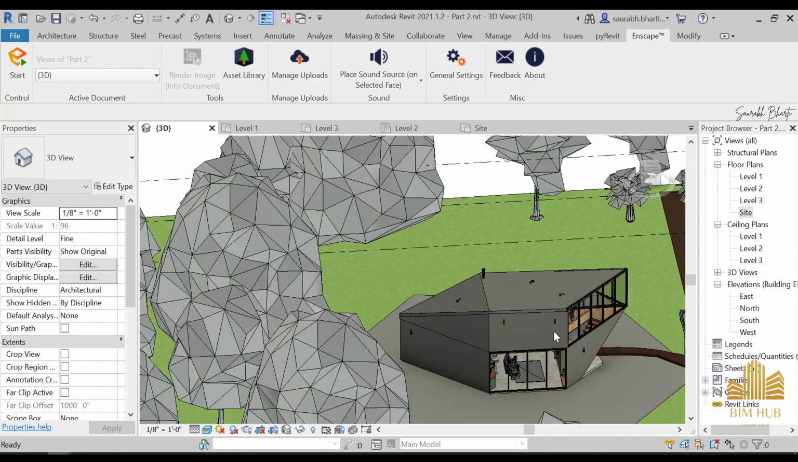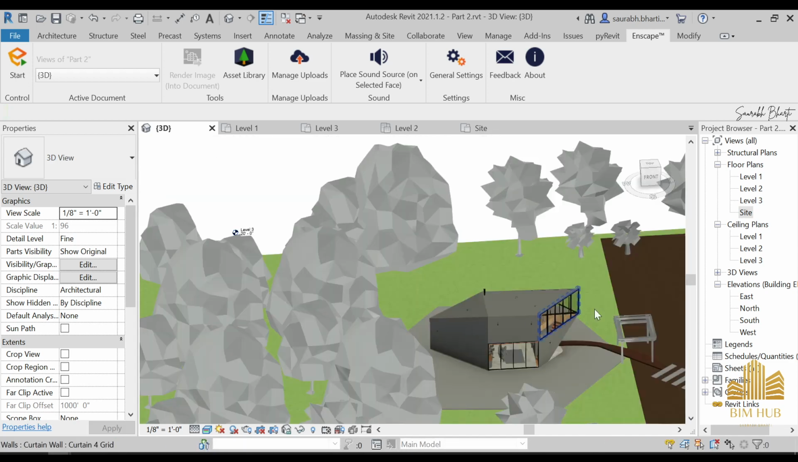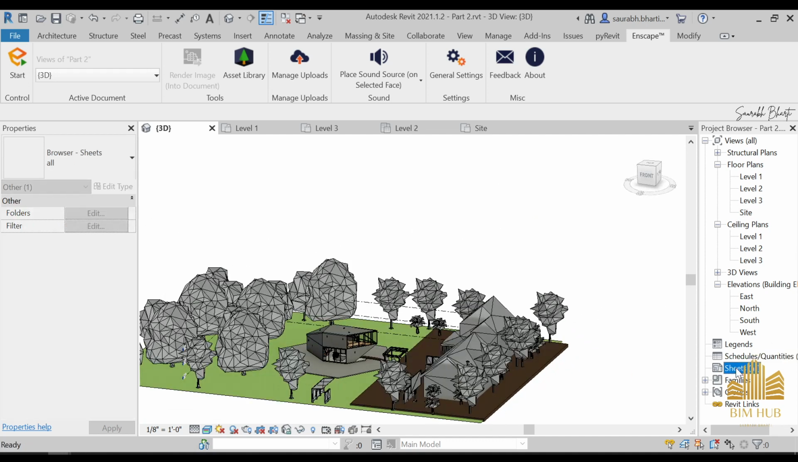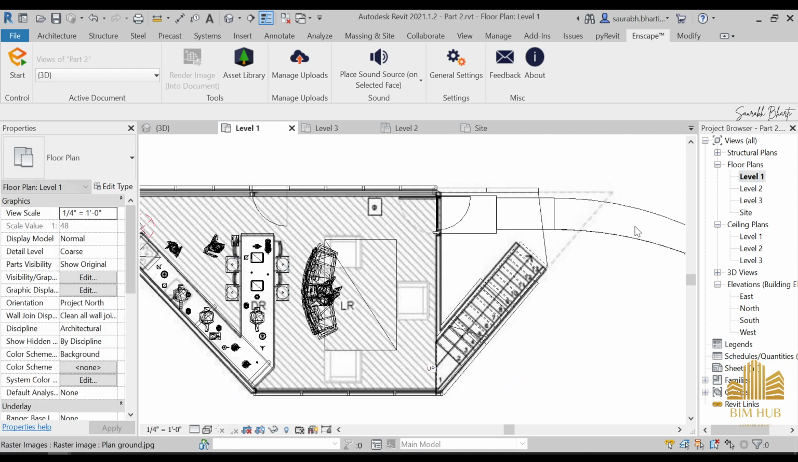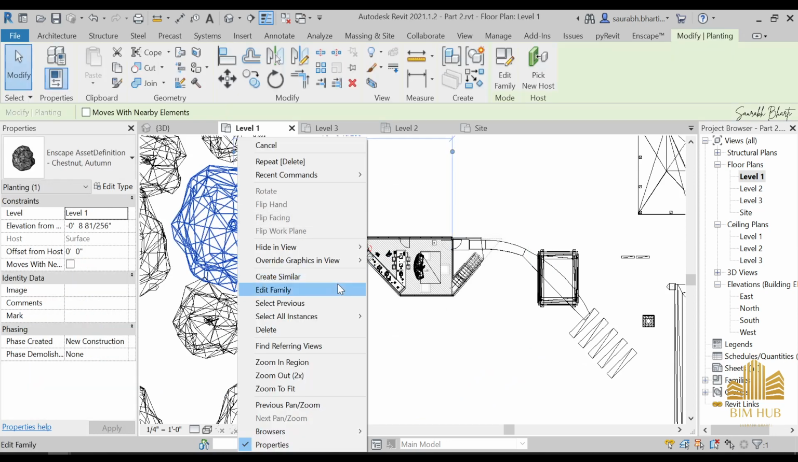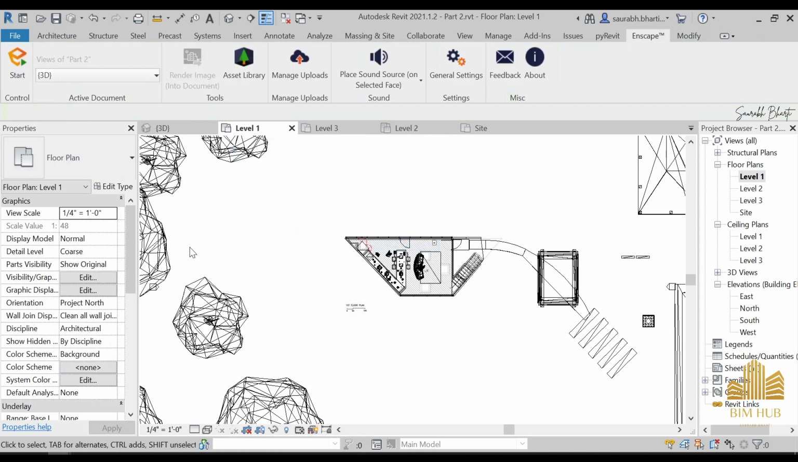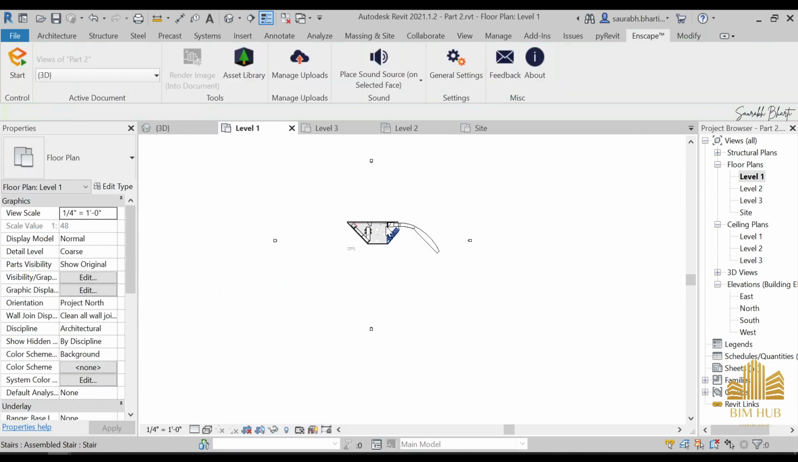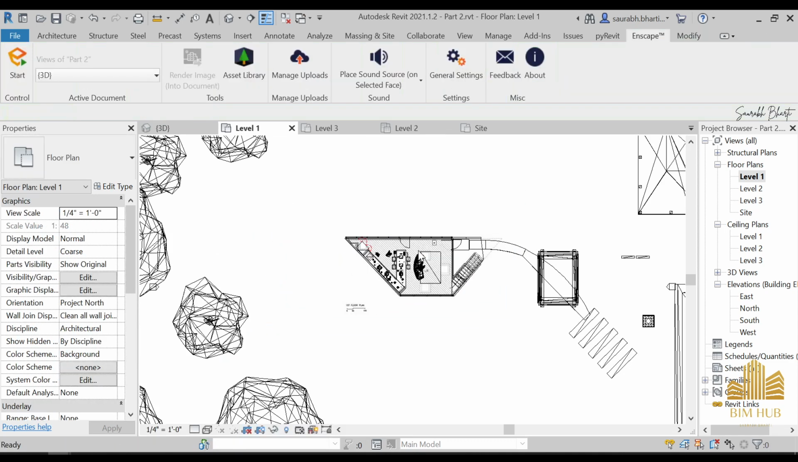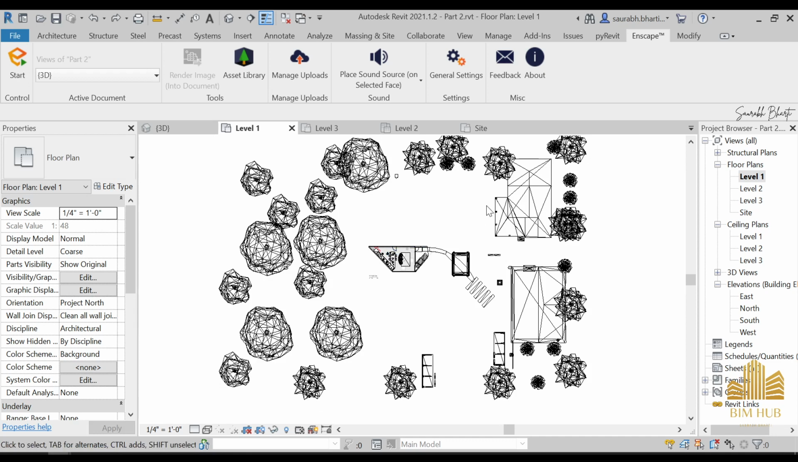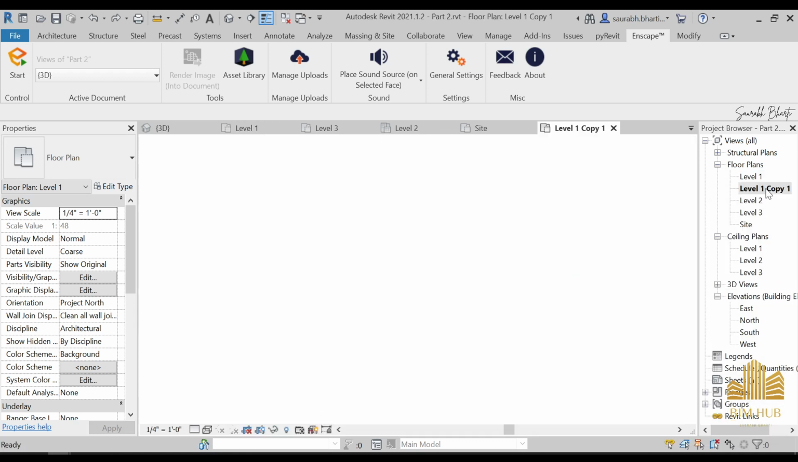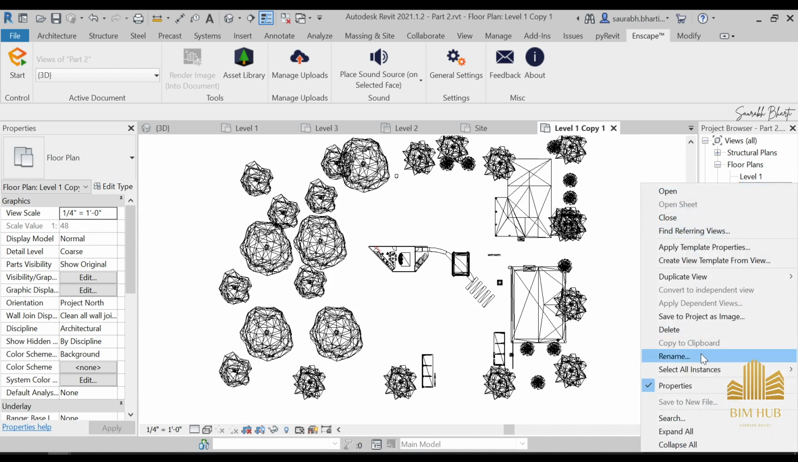So we are going to render it, and before rendering, let me make some sheets. So just go to sheets, and before that, just go to level 1. Select this one, hiding view category, not element, category. Just select this hiding view category. You can make it different, or you can do this. Okay, just duplicate this label, and just duplicate it and rename it as